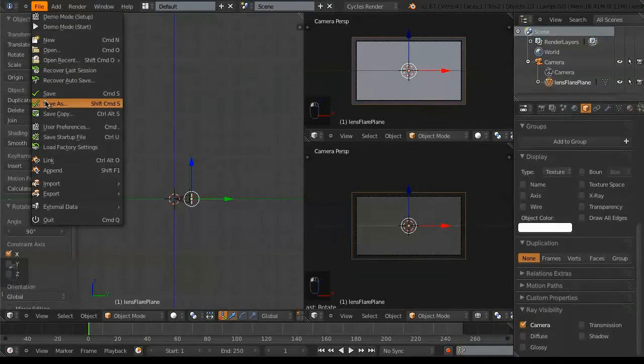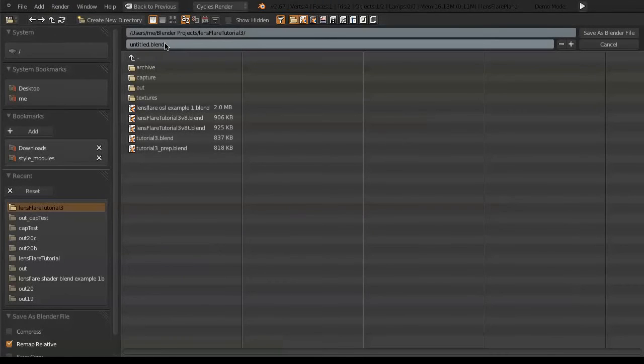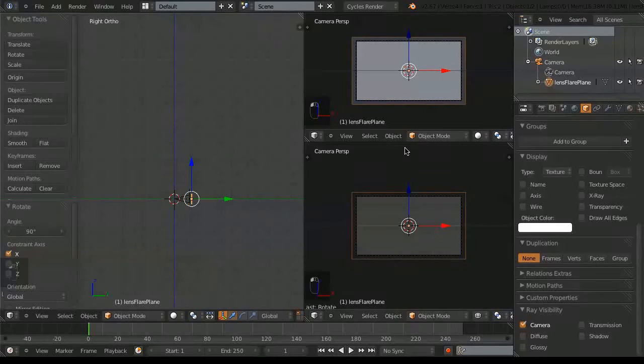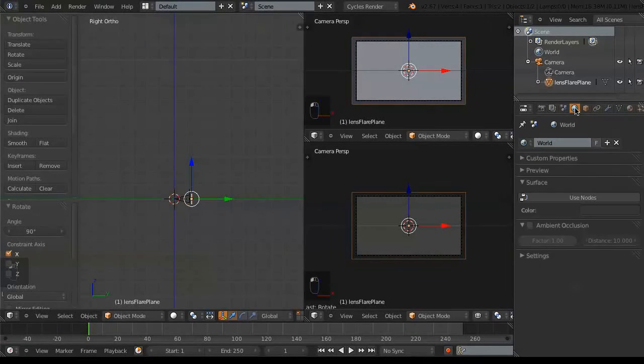And I'm just going to save this now as tutorial 3. I already have one there, so I'll call it tutorial 3B. So now we can save that. Let's do some more housekeeping. Let's make the